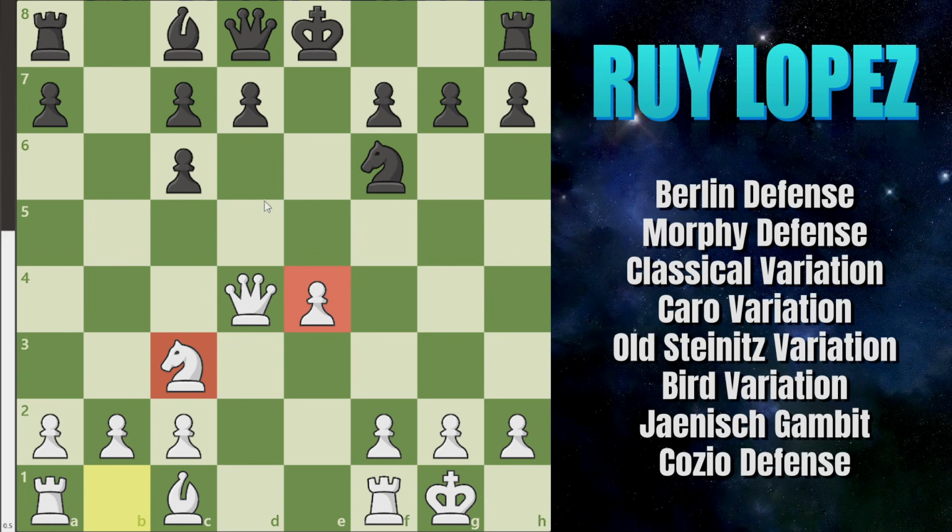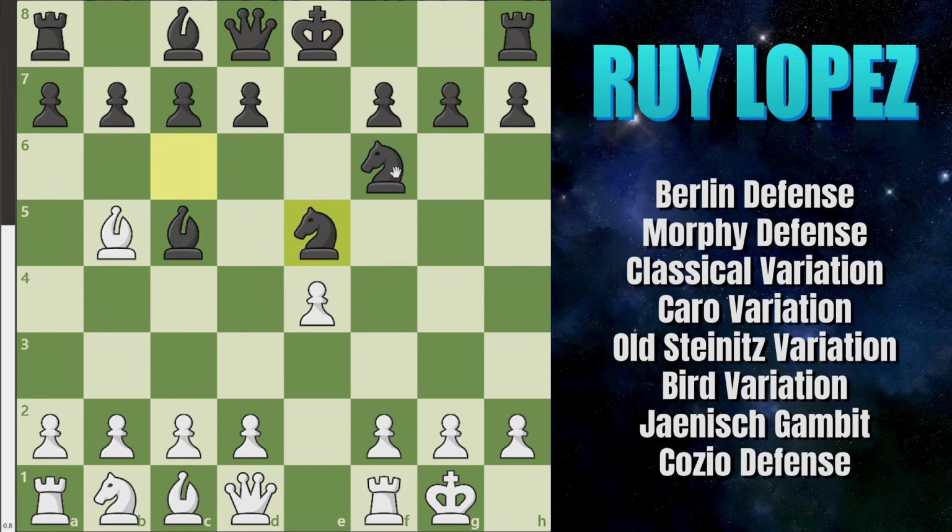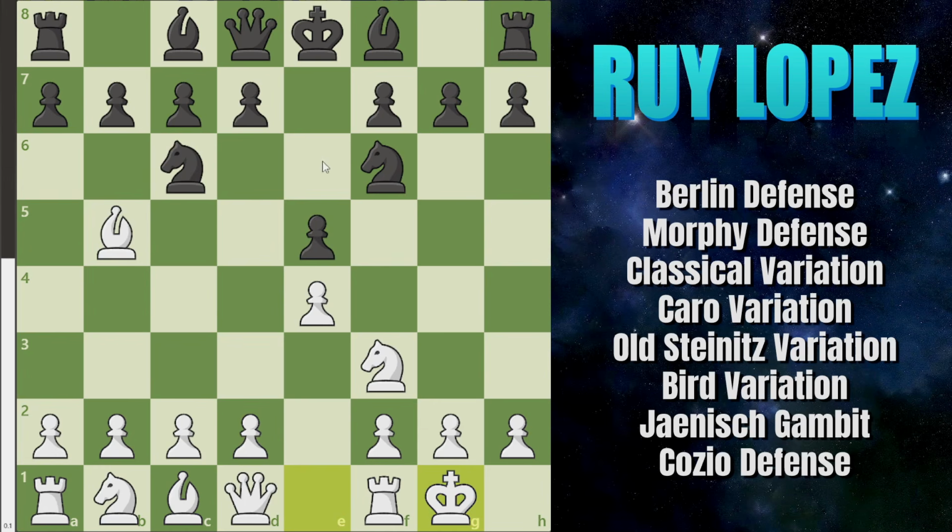More space, easier development. You can also go bishop g5 to get a nice pin on their knight, and go e5 here to attack it as well. You're just doing great there. They can also try, let's say, pawn to d6 here. This Steinitz Defense, and you're simply going to go rook to e1 here, keep the pawn defended, and after bishop